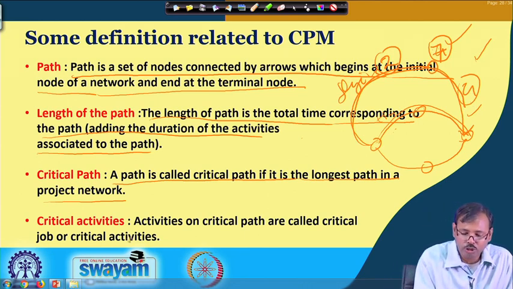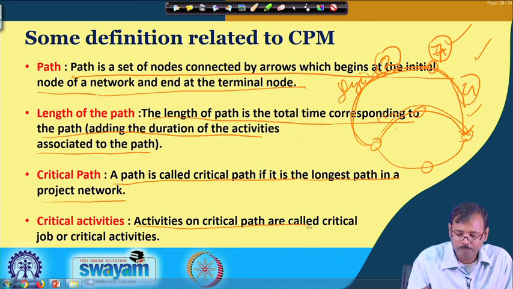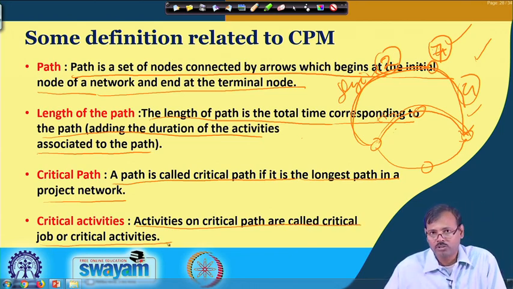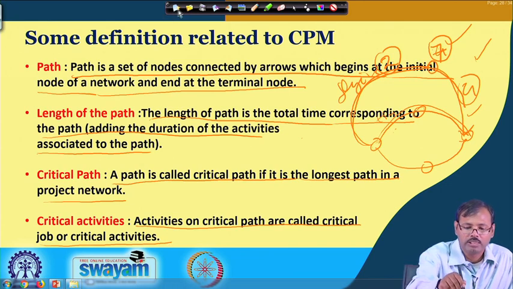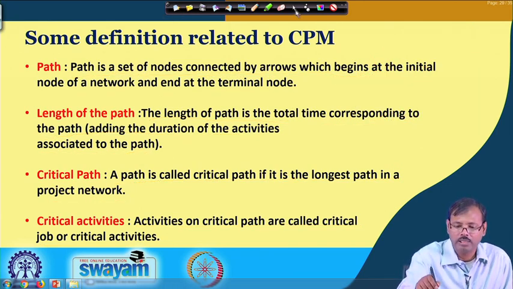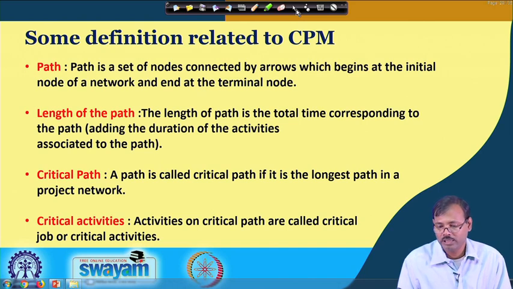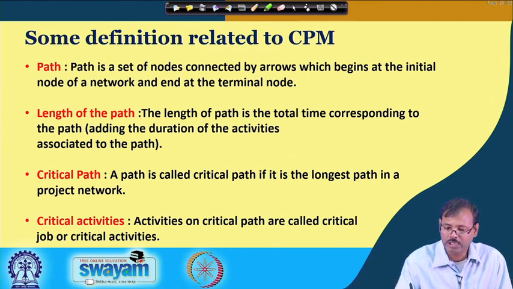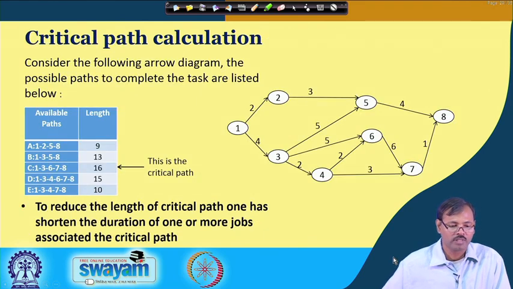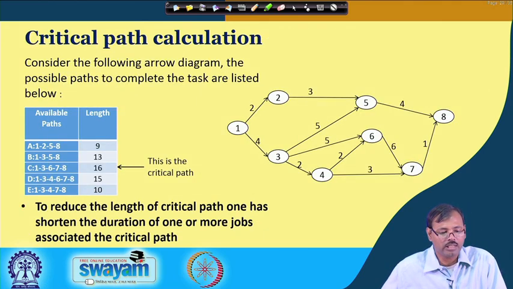The activities or jobs on any critical path are called critical jobs or critical activities, because the most importance would be given to them, because they do not have slack. So, that is why the critical paths are important, and more men, machinery and money have to be invested in the jobs of the critical paths, so that they can be completed early, otherwise the complete project will be deferred. So, let us consider an example.